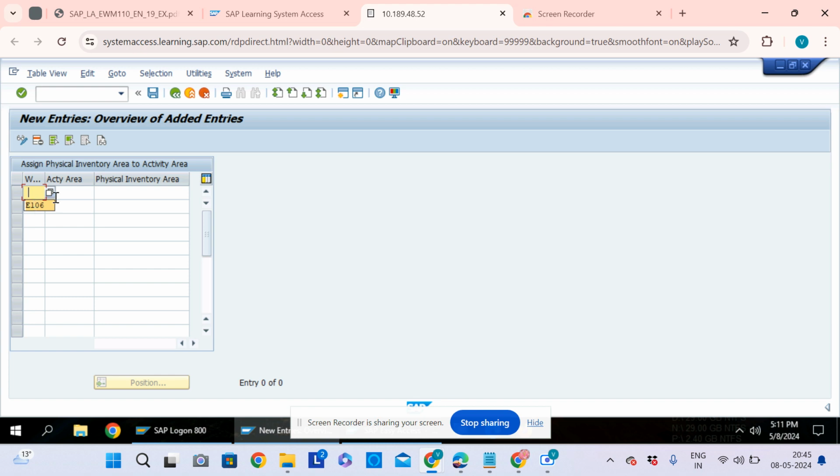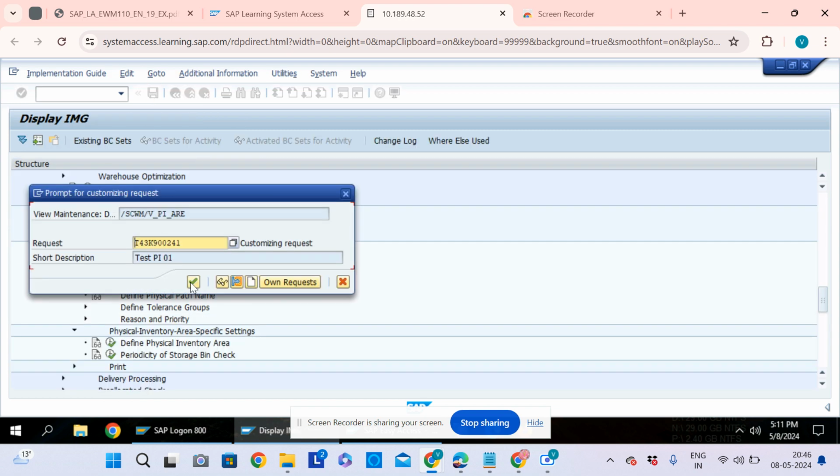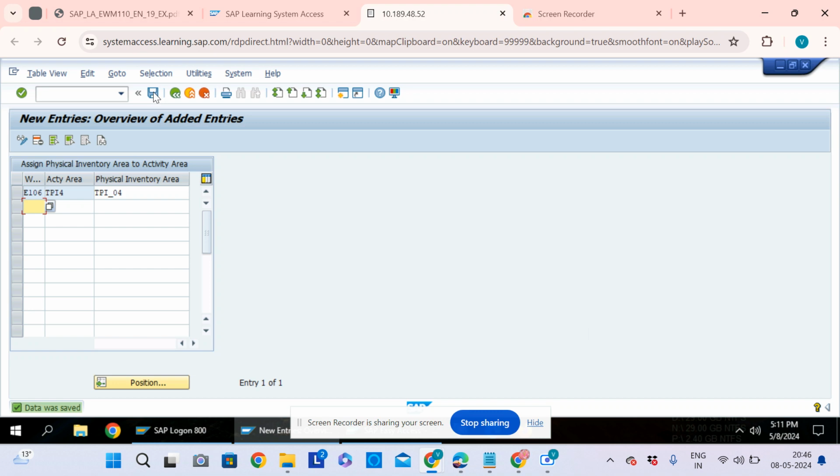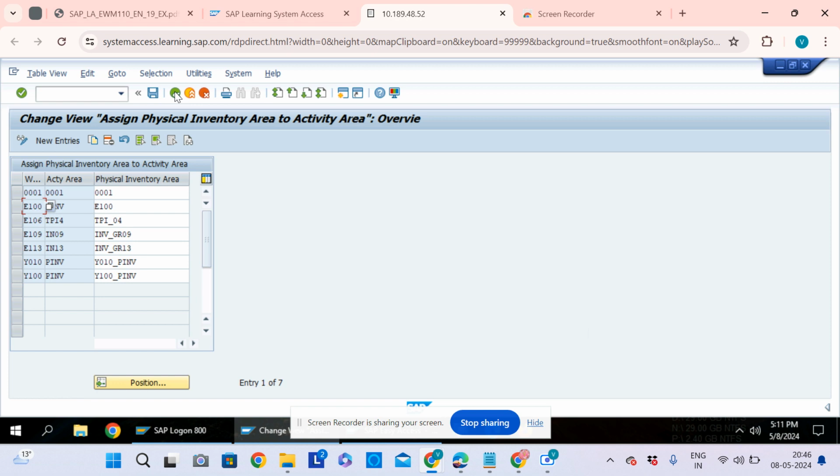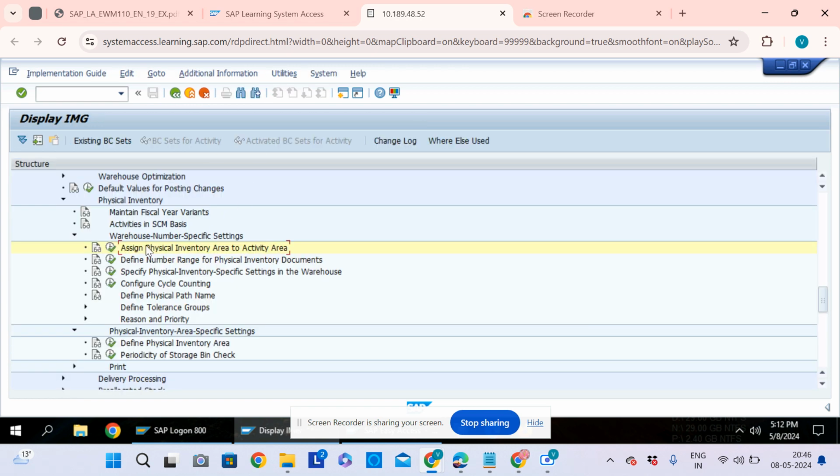Warehouse, activity area TPI4, and physical inventory area is TPI_04. After assigning this physical inventory area to the activity area,